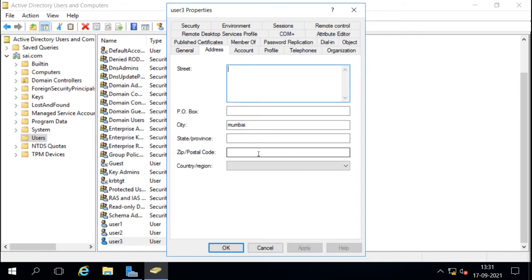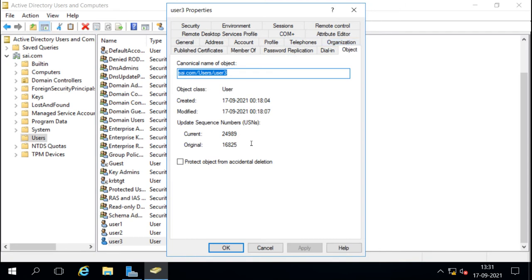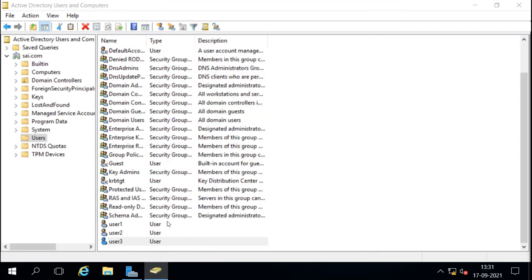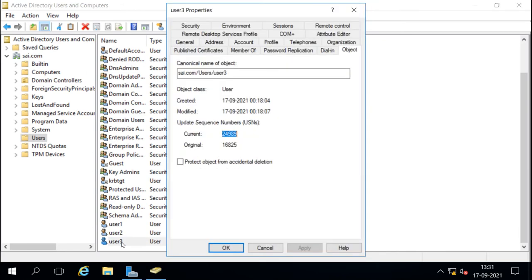Now when you see the object ID, it is updated. Original was 16825, now it is updated. This information will be updated to all the domain controllers when they try to connect with this domain controller. The other domain controllers will have this ID, and this domain controller has that ID. So when the domain controllers talk to each other, it will send the new information to the other domain controller.